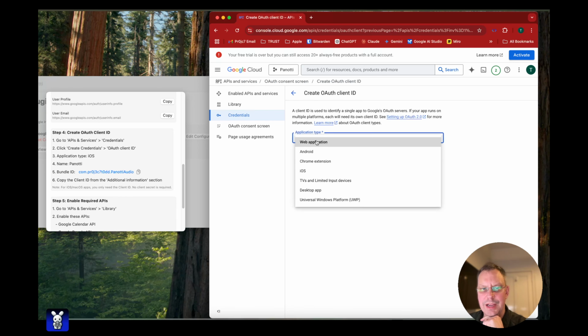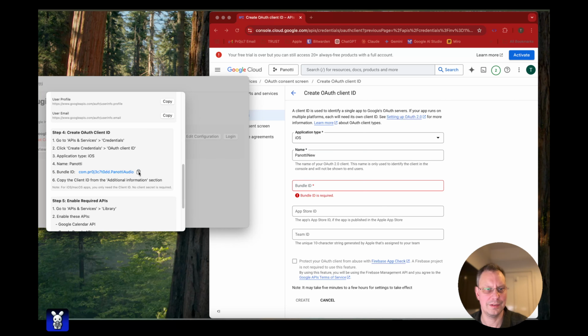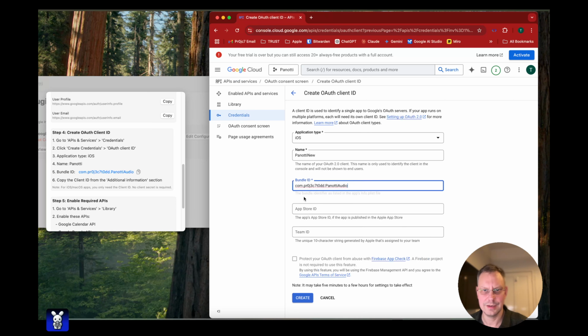So you hit application type, you choose iOS, and then you can put a name. I usually put Panotti. Since I already have this already set up, I'm going to put Panotti new. The bundle identifier has to be this one, so you can hit these little buttons here to paste it. So you can hit that Project Todd thing, and then you can leave the rest of this alone. So you just do that, and then you hit create,